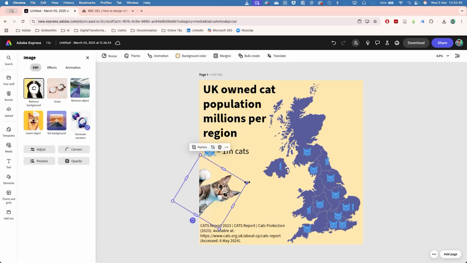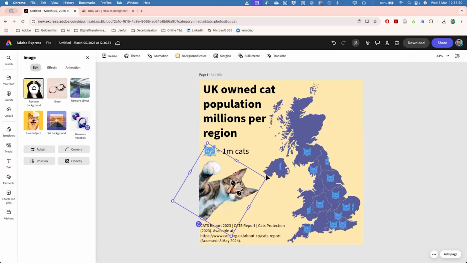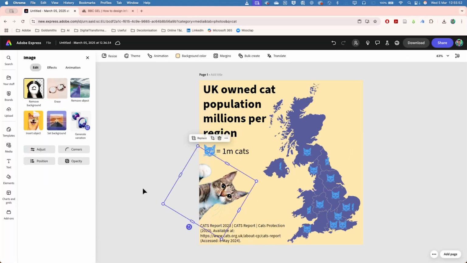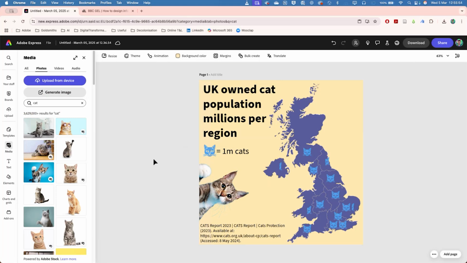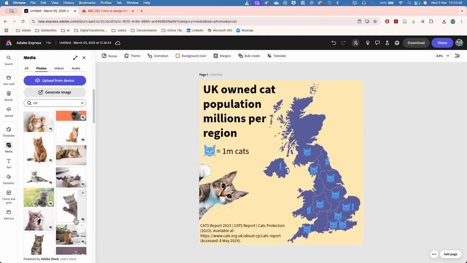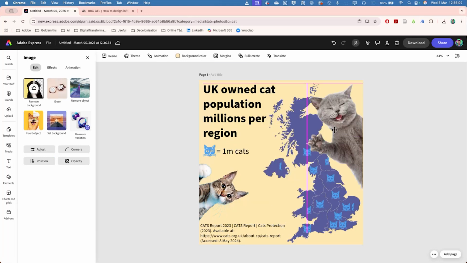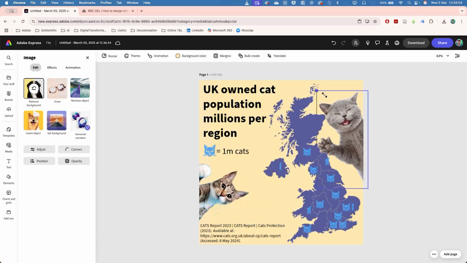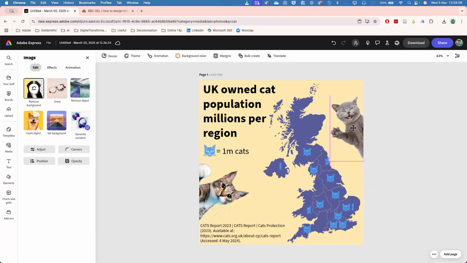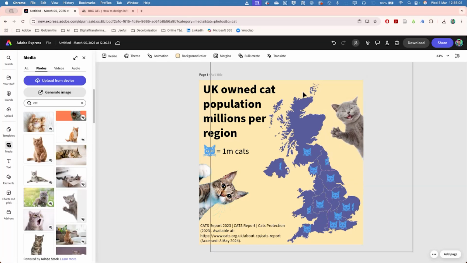Okay, so we can, of course, keep fiddling around, adding more cats if we wanted to make it a bit playful. Not necessary. It's kind of a perfect one, actually. Fits that gap nicely. So you get the idea. Another way of